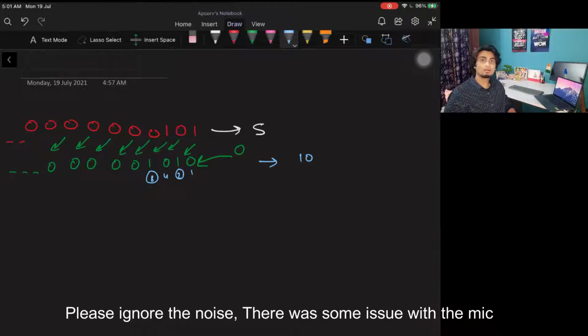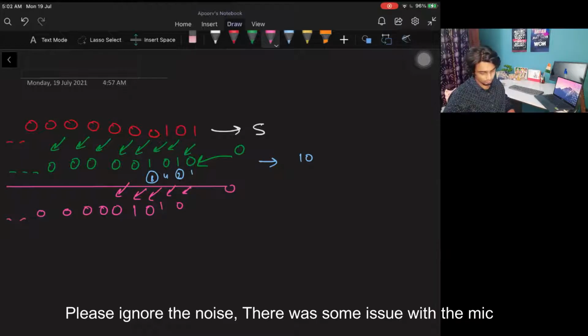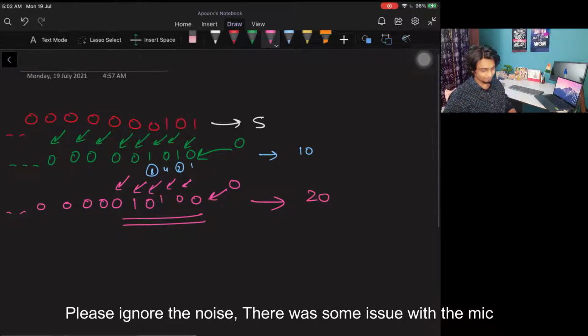So what if I do one more left shift? Let's see what it will become. Any guesses? Yeah, so here this 0 comes over here, this 1 comes over here, this 0 comes over here, this 1 comes over here, this 0 comes over here, and so on and so forth, right? Again 1 0 comes over here. So what is our new number? It's nothing but 20, right? So we can observe a pattern over here that if we are doing a left shift by one time, the number is getting multiplied by 2.